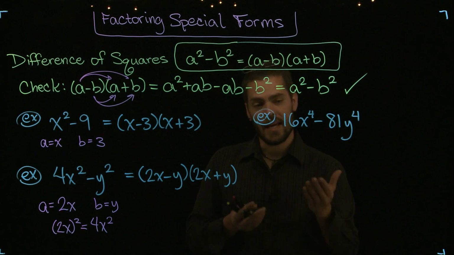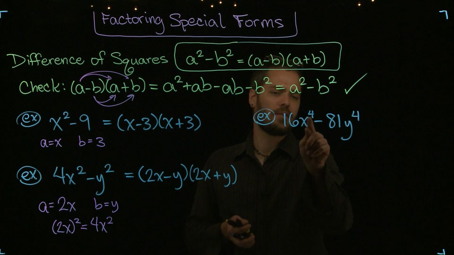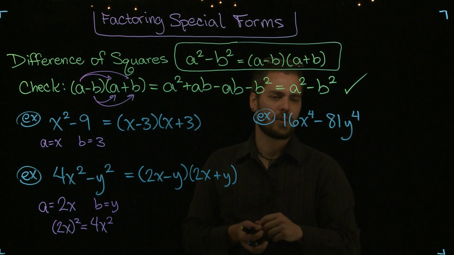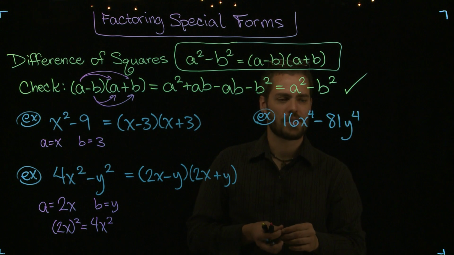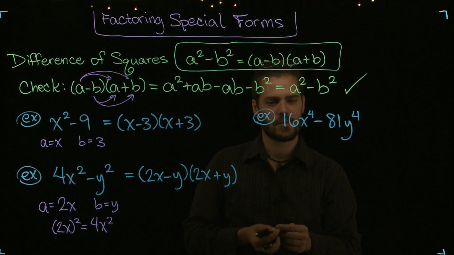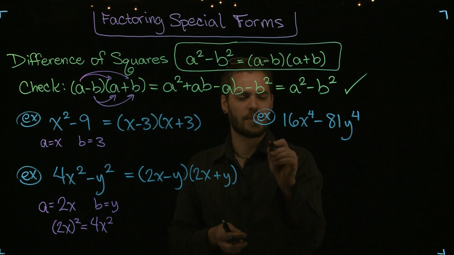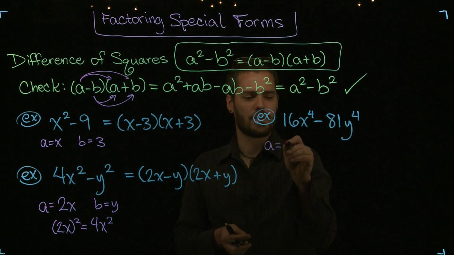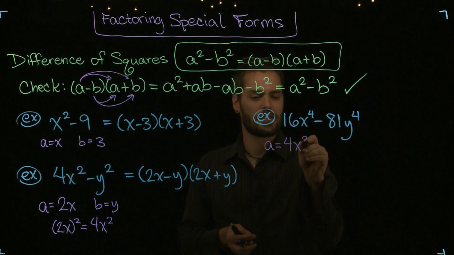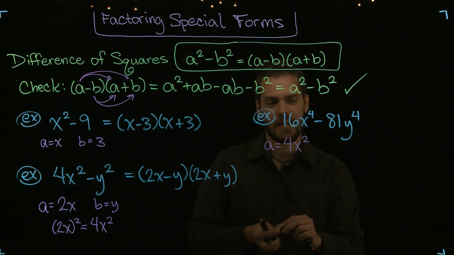However, I can represent these as something squared, and indeed, every time you have an even power here, you can represent those even powers as something squared. The numbers, though, you also have to be careful with and see if those are squares. So let me cut to the chase here. Notice that if I say a is equal to 4x squared, then indeed 16x to the fourth is